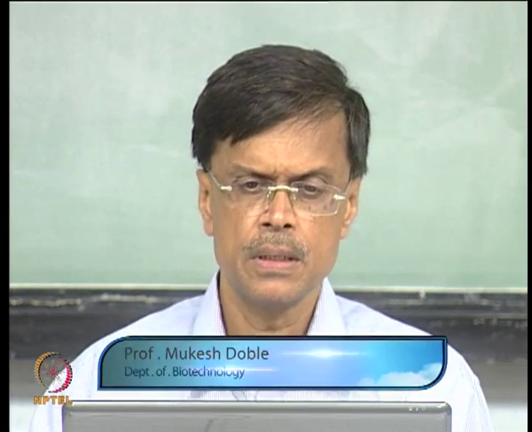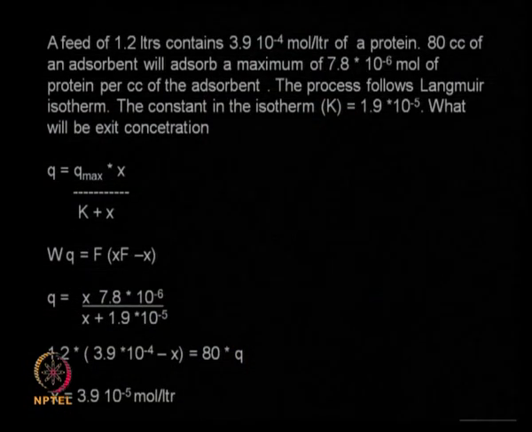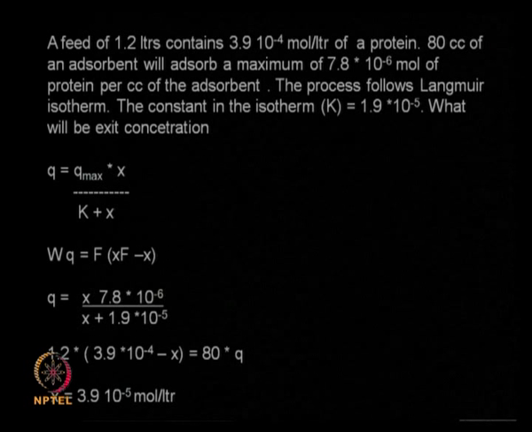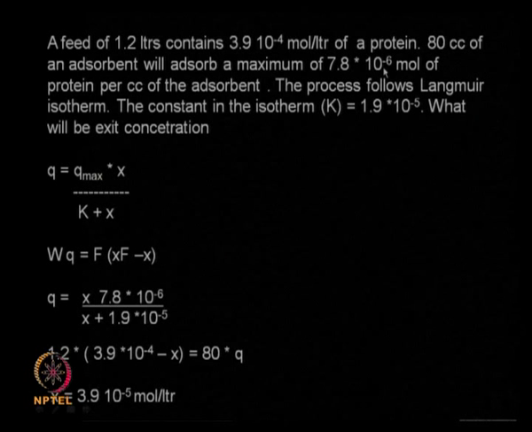Let us continue with the topic of adsorption, and today we will do some more problems so that you are completely thorough with the knowledge of adsorption. Consider a process where the adsorption follows a Langmuir isotherm. So if there is a Langmuir isotherm, obviously you need two constants. One is called the maximum adsorption, that is the Q max, which is given here as 7.8 × 10^-6,